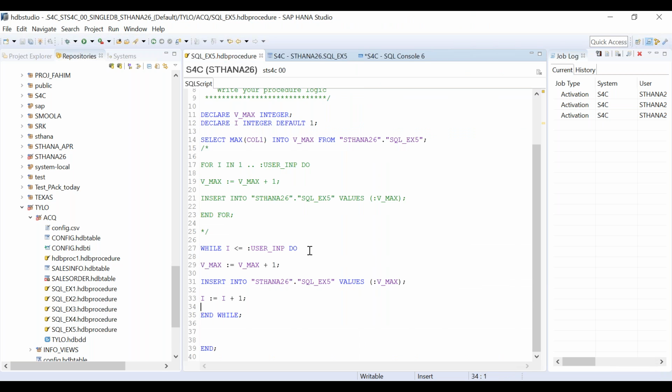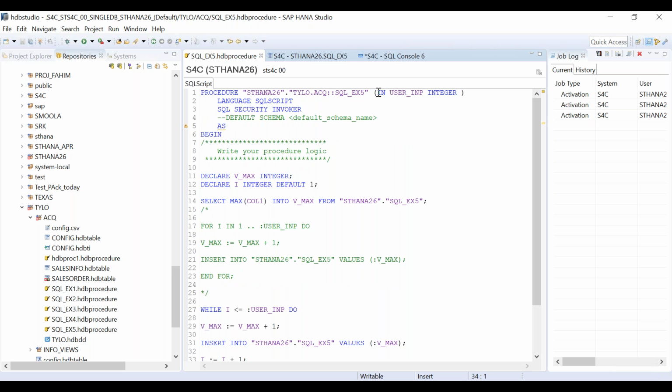Okay. Now let's create one scenario here. What we will do is we will ask the user, do you want to execute this with for loop or while loop? Okay, so what I will do, I will ask the user in input, say type integer.